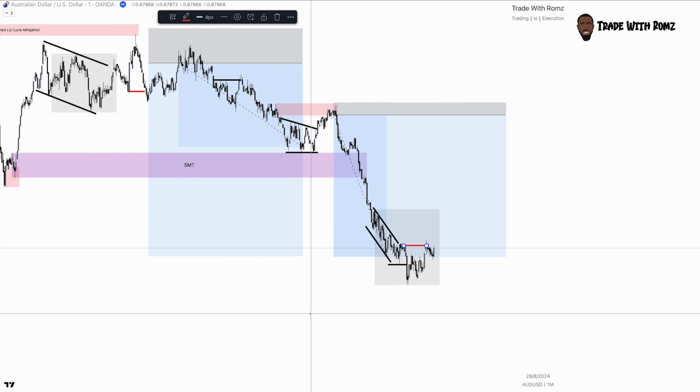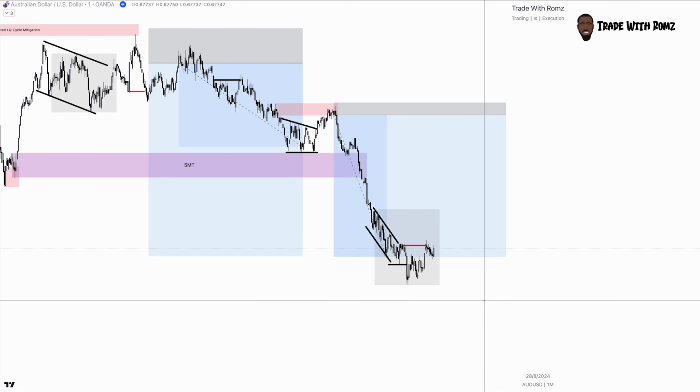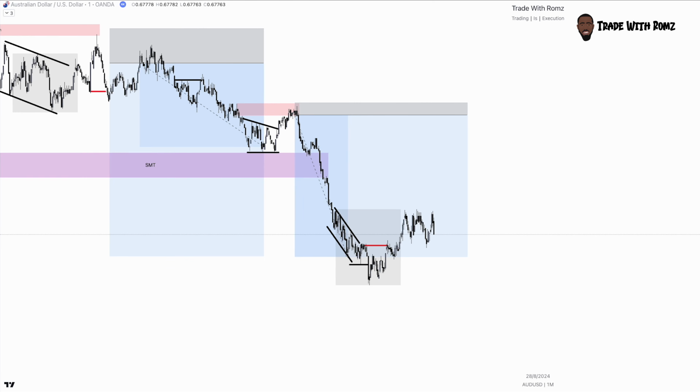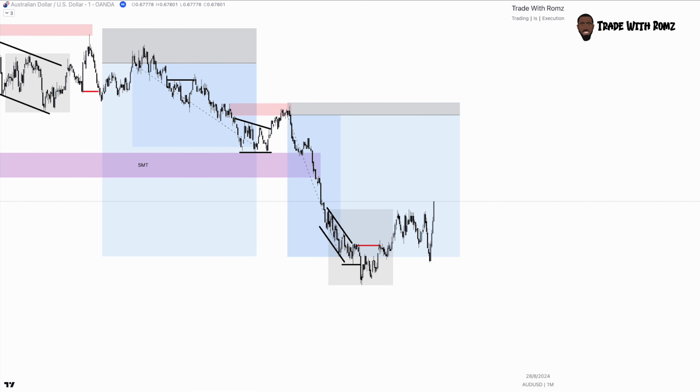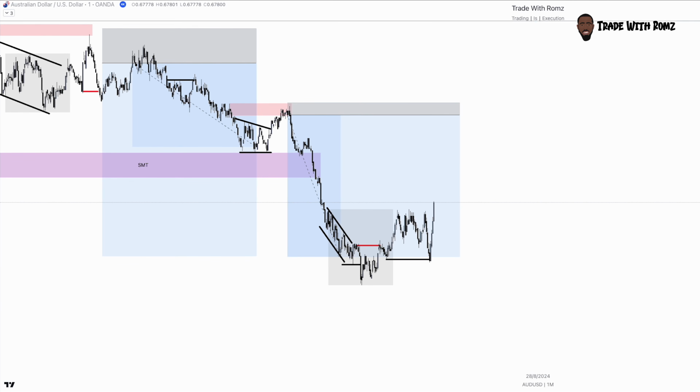And I wasn't looking for buys at all. So if I'm honest with you, I didn't even take this buy when I really should have. And you had the mitigation. However, price went up, came back down, gave an entry here. There we go. That's the entry on the structural inducement into the imbalance. That would have been a good trade.